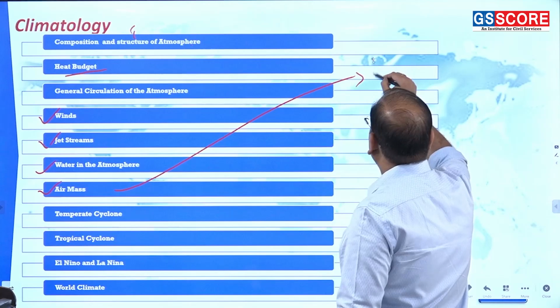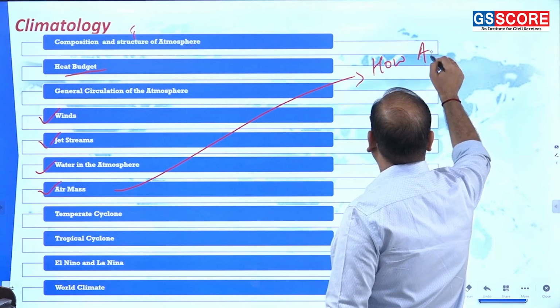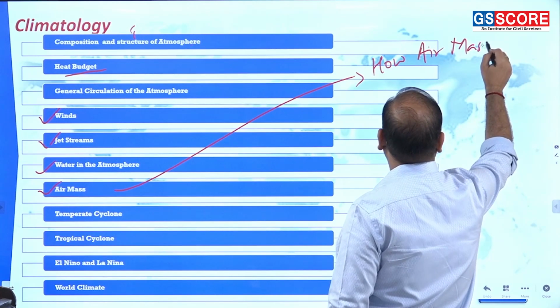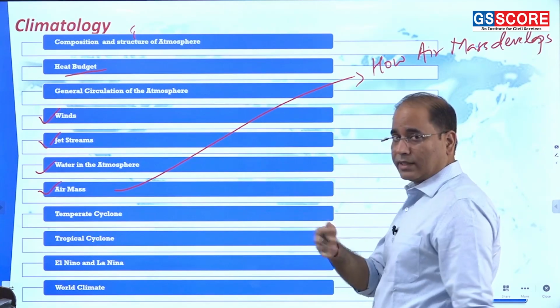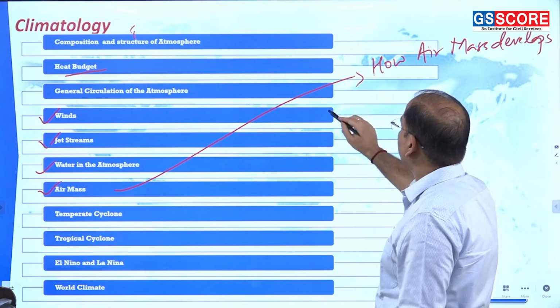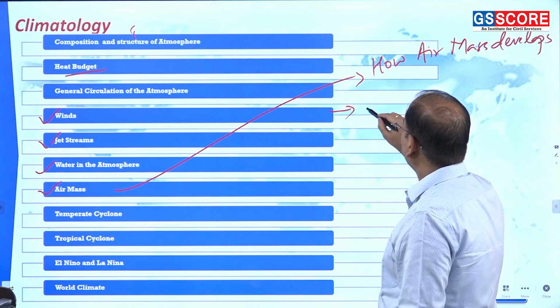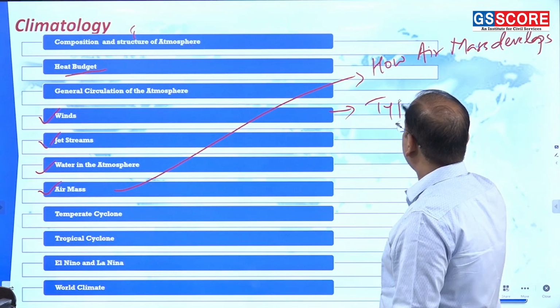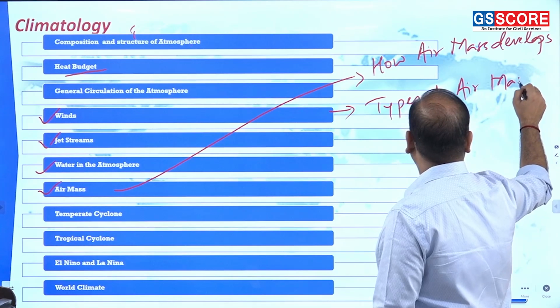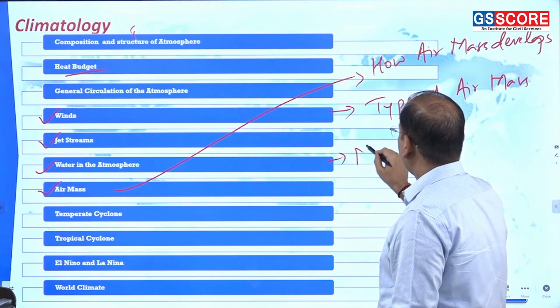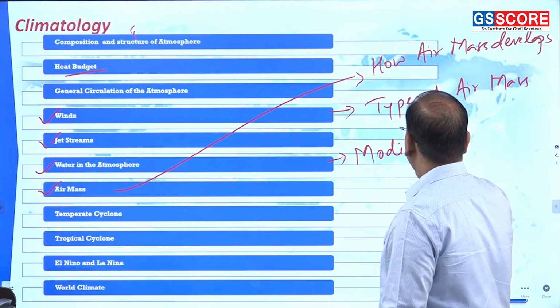So how air mass develops, the conditions for the development of air mass that you are supposed to know. Then types of air mass, modification of air mass,